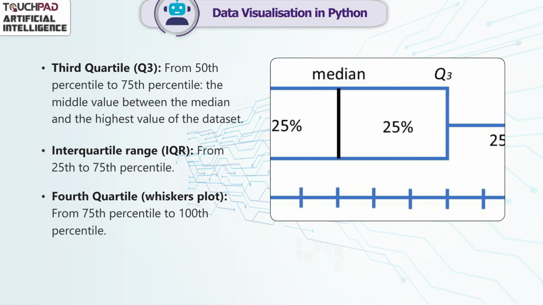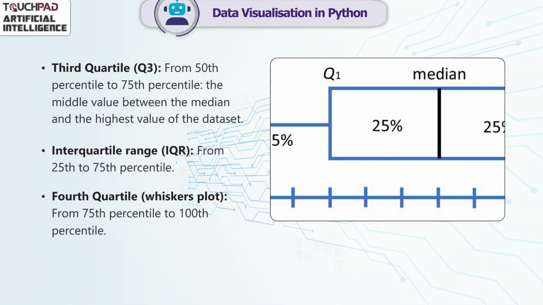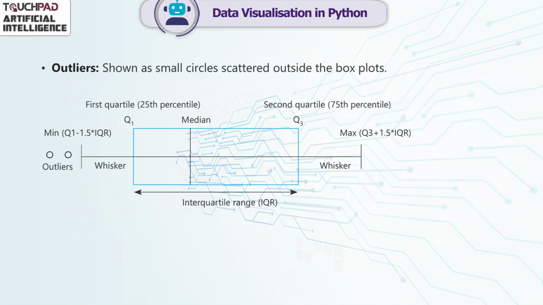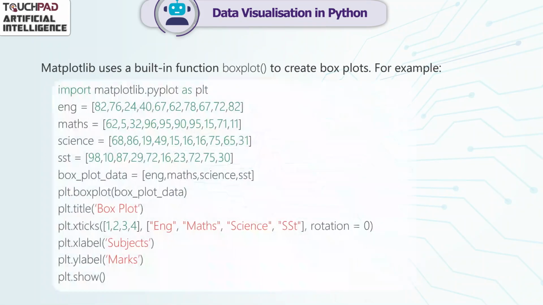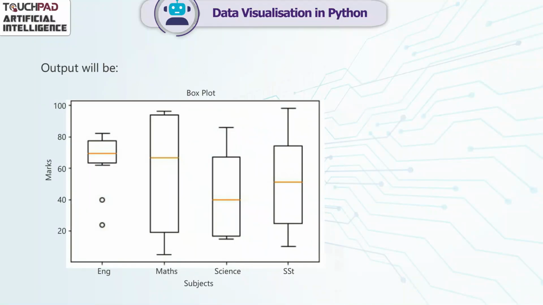Fourth quartile, whiskers plot, from 75th percentile to 100th percentile. Outliers, shown as small circles scattered outside the box plots. Matplotlib uses a built-in function, boxplot, to create box plots. For example, the output will be